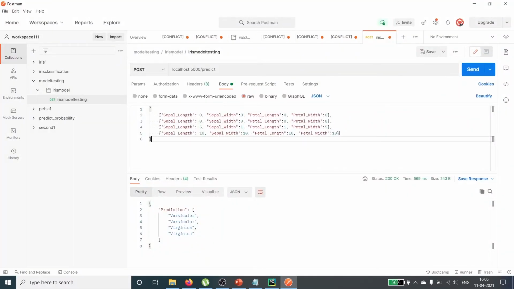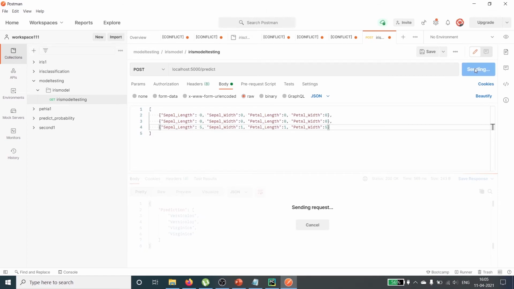Suppose I delete this one, now if I run this, I will get 3 outputs. Now we are having 4 outputs here, but instead of that we will get 3. I click on send. In the output you can see that we got 3 classes now because we are passing 3 independent variables, or a JSON of 3 independent variables, and this we are passing inside a list. So we have a list here, and inside this we are passing a JSON object.